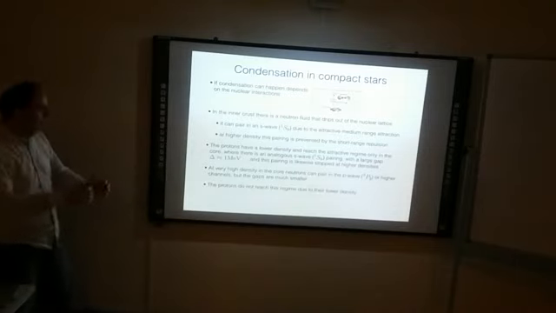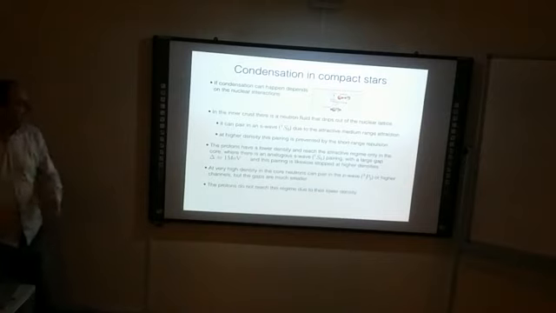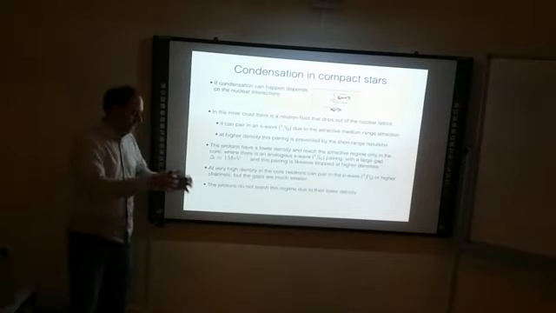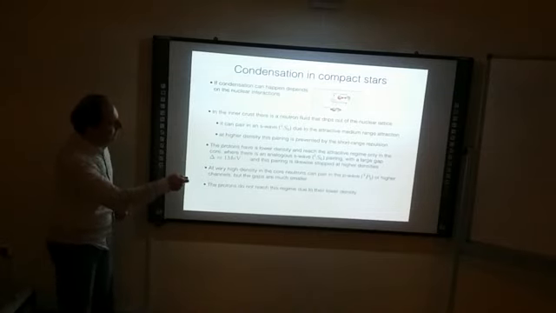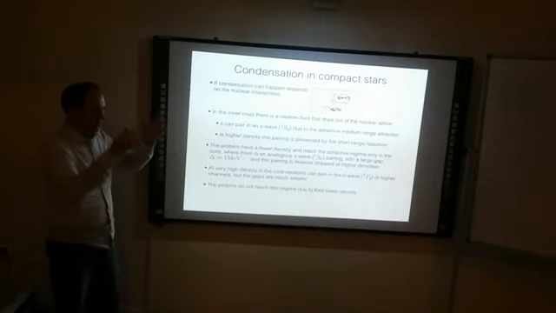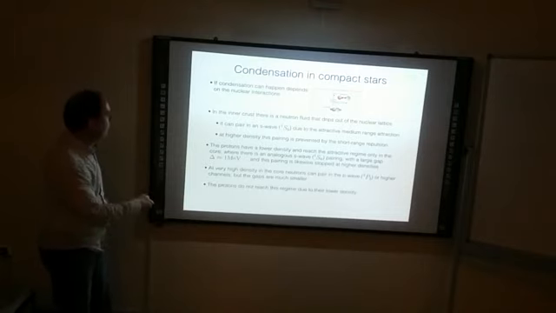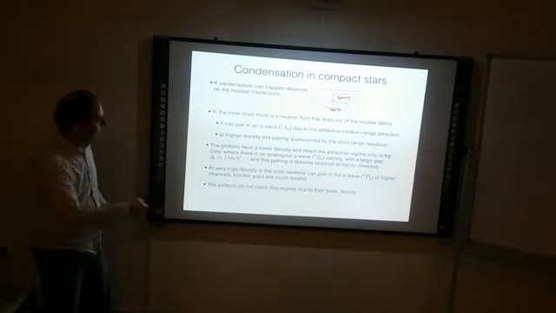If you go to higher densities, that means the core of the star, deep inside, the density rises, and in this case the protons, which actually have a lower density than the neutrons, basically get to that regime where the distance between two protons is right, that the interaction becomes attractive. And then you get proton superconductivity in the core of the star.